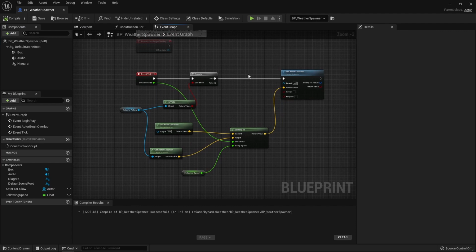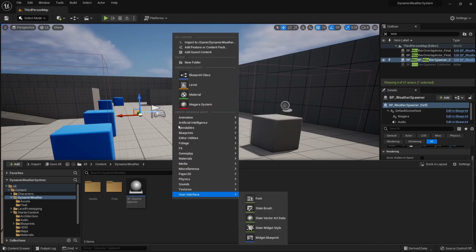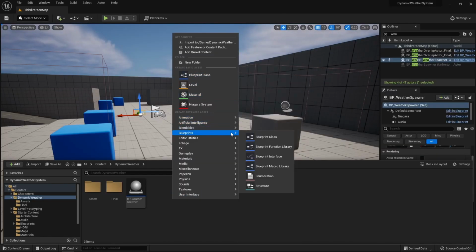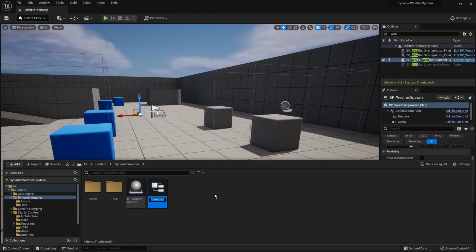What we need right now is the logic that spawns the particles and the sound when it overlaps with an overlap actor. For that, we need a way to group all the parameters that a weather will have, which is in our case the sound, the particle system, as well as the following speed. In order to do that, we can create a blueprint structure. Let's call it FWeatherData,